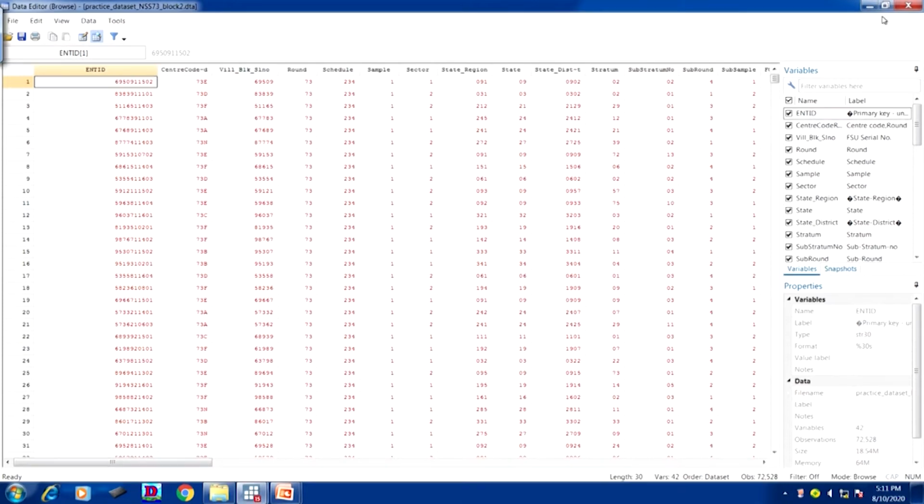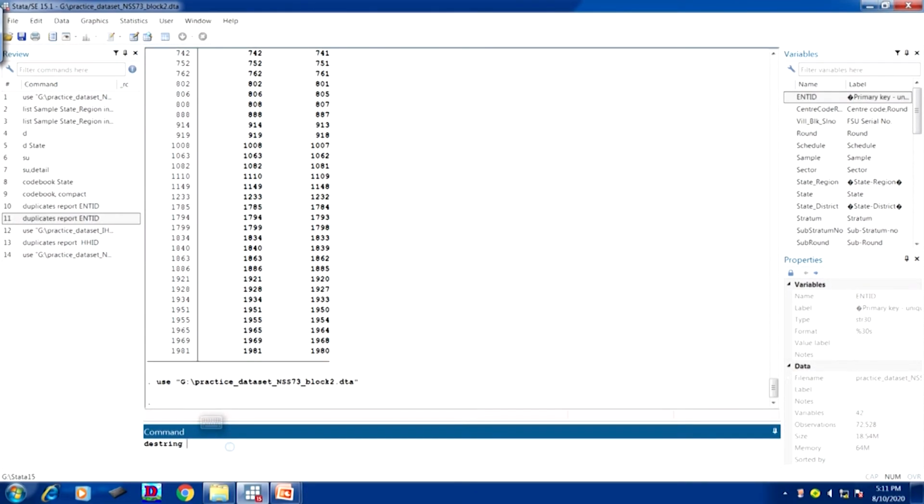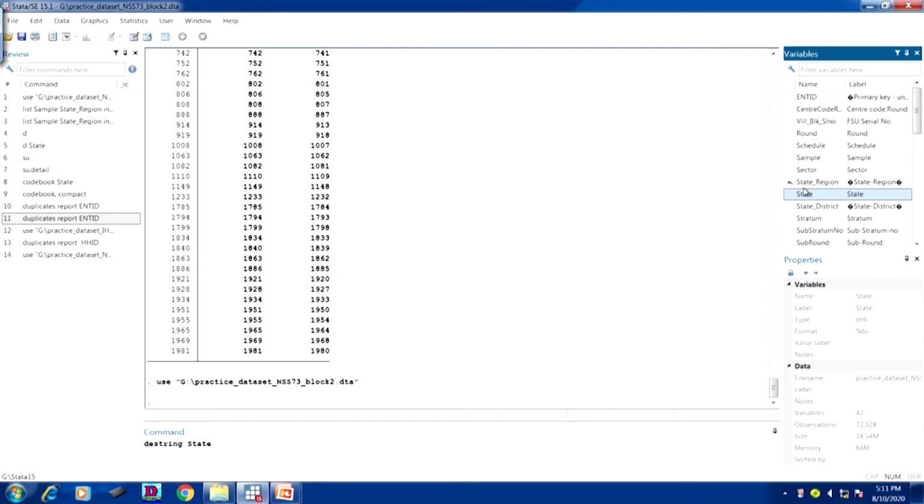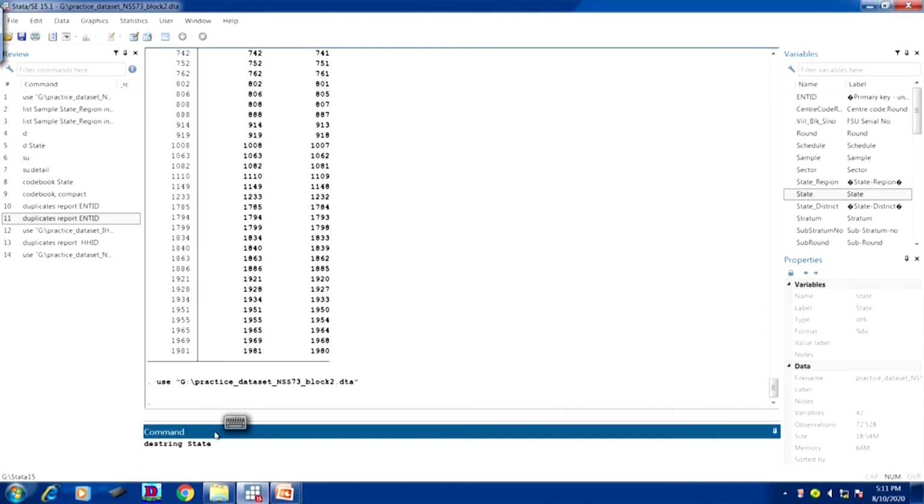All right. So the command is destring, then state, you just click on state. Now, if I just add a comma to it, comma, then replace, it will replace. It is always suggested that you keep both the variables, if you have already filtered and shortlisted your data set and it is very minimal.